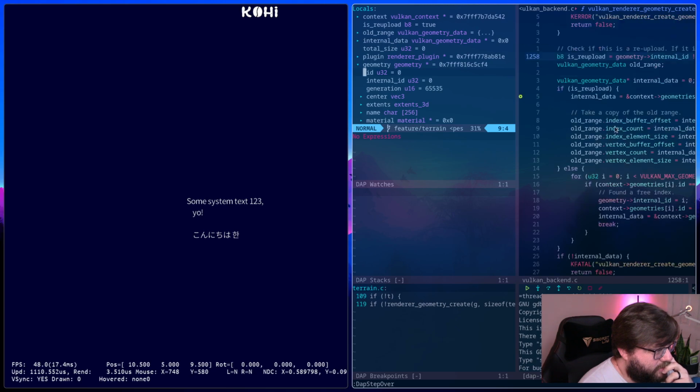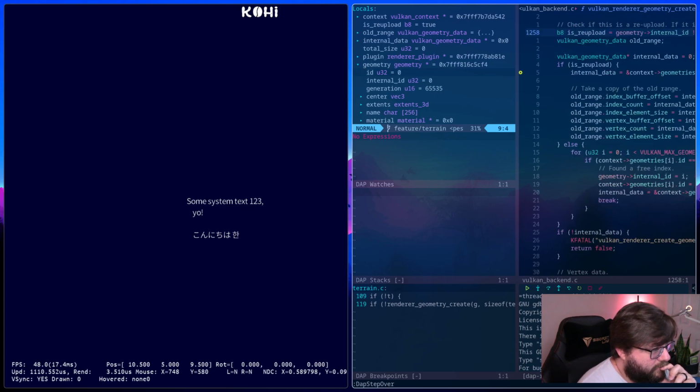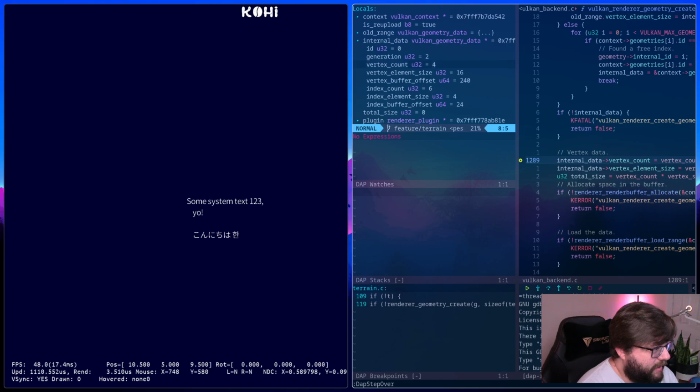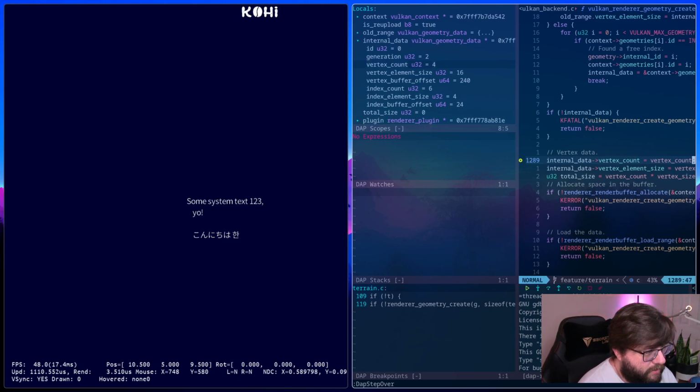Take a copy of the old range. So the internal data vertex count is what? 4? Where is it getting 4? Four and 6.